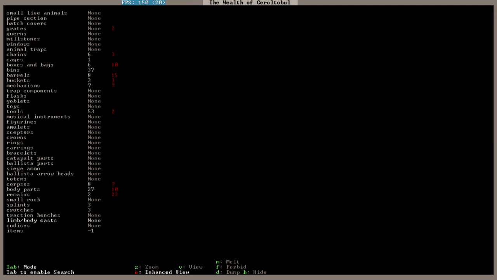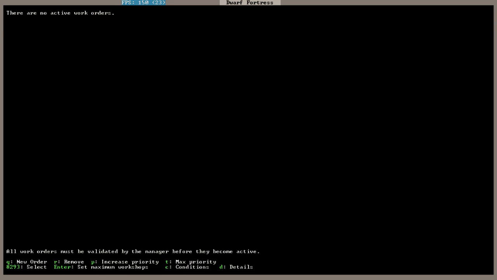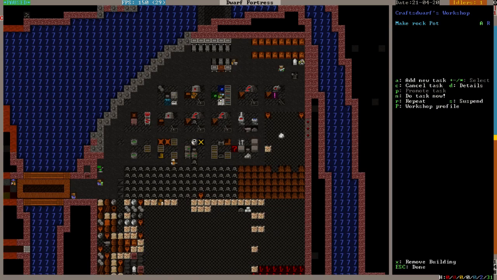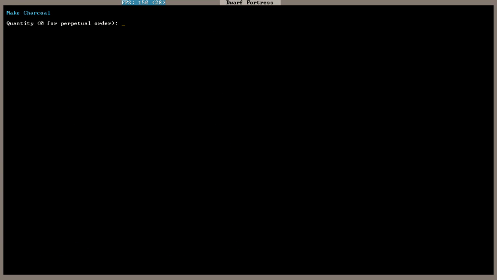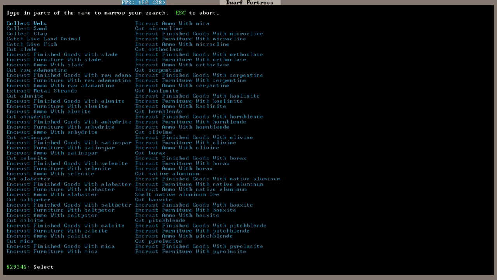Items, -1, weird. Alright, let me actually try this for once. Let's go to the manager here. New order. What was it? Make charcoal. Quantity, I want 30 of them made. Okay. And then we'll go...